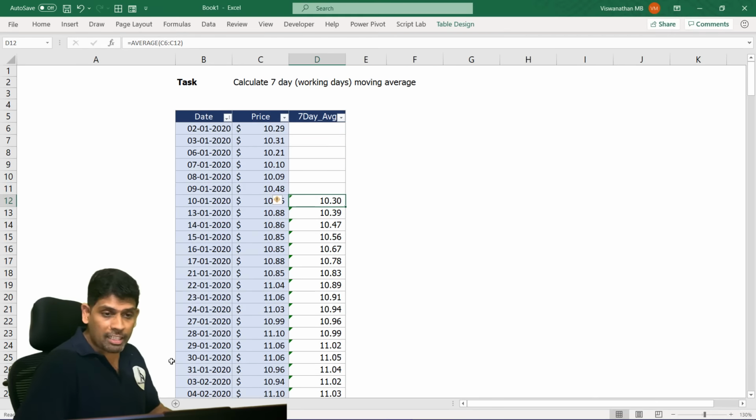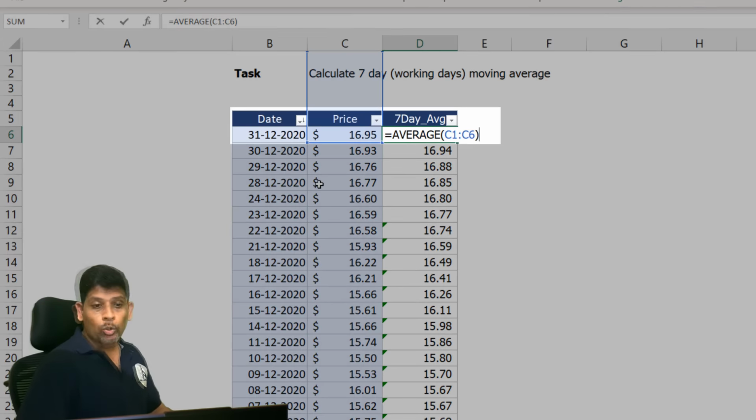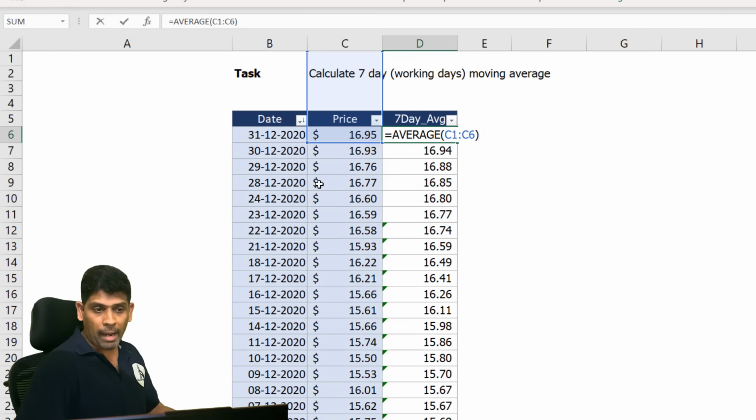But when you're working with a large data set, if I want to see what is the latest price of the stock, I may not want to scroll all the way down hundreds of thousands of rows. I may just want to sort it by the newest date and see what's the latest price. But when I sort it, now you see my 7-day moving average has gone for a toss. The 7-day average price for 31/12/2020 is actually not looking at the past data at all. So these problems can very well occur. And when you're working with tables, we need to make sure that our formula is not dependent upon where the data is as much as it depends on what the data is.